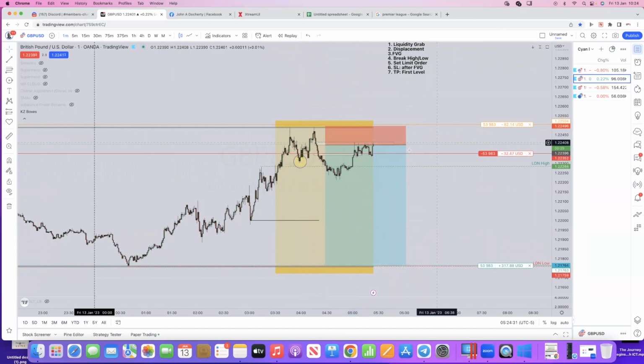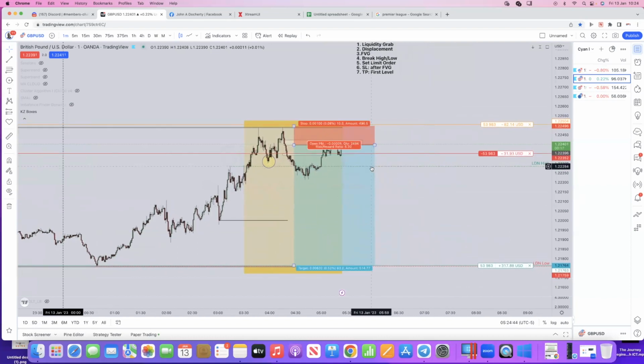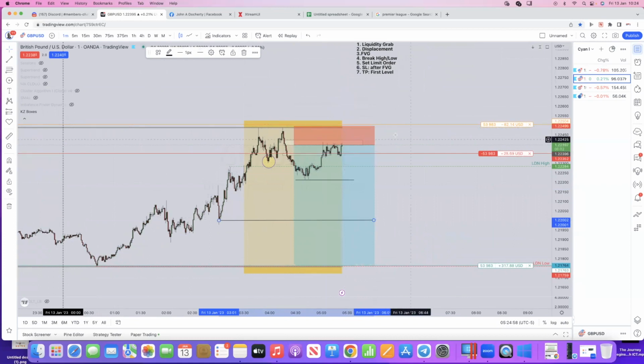So at the moment, what's happening is, get this up on here, price is actually coming to mitigate into this area now. So we're going to see if we'll get a reaction to come down again. If you were going to take partials, that will be your first area there. On a take partial, as we come down, I would possibly move the stop loss to just above this swing area. So I'm going to see how price reacts to this now, see if I can actually get something correct